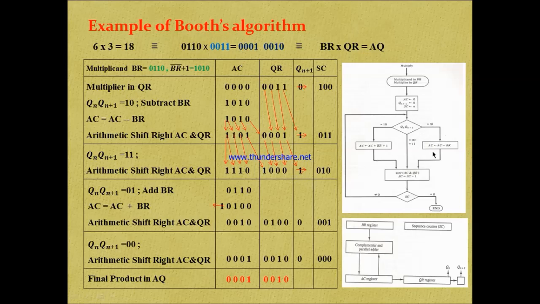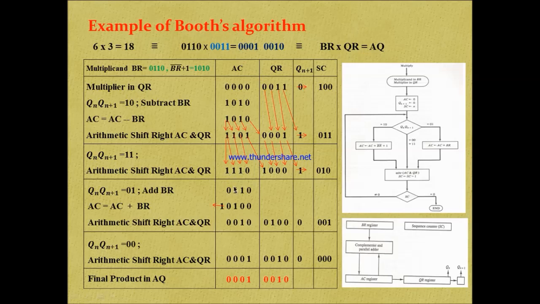If it is 0 1, we have to perform the addition. Since it is 0 1, we have to go for addition of BR. What is BR? This is BR. We keep the BR here and go for addition. Adding, 0 0 0 1 1 gives 10, that is carry 1, 0 carry 1. 1 plus 1 is 10, 10 plus carry 1 is 11, that means 1 is kept here and 1 is carried.